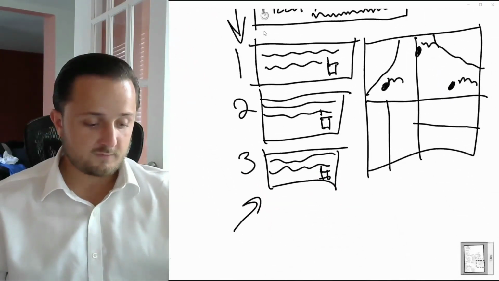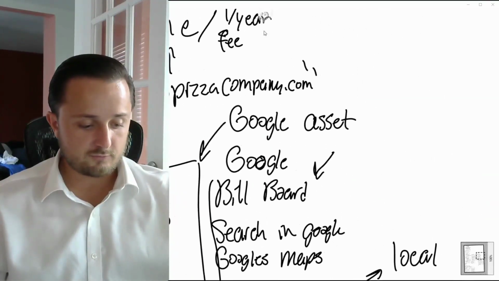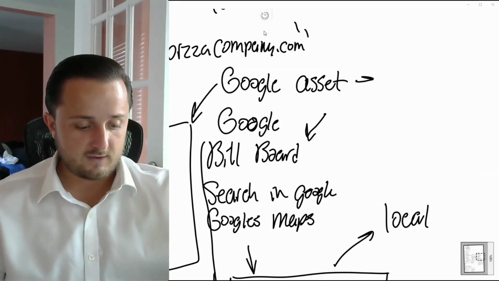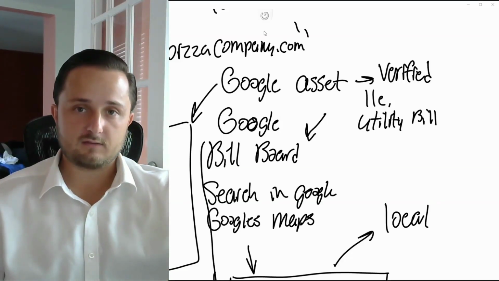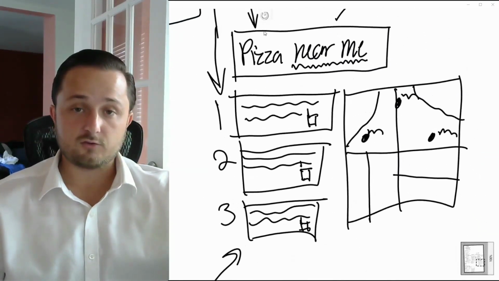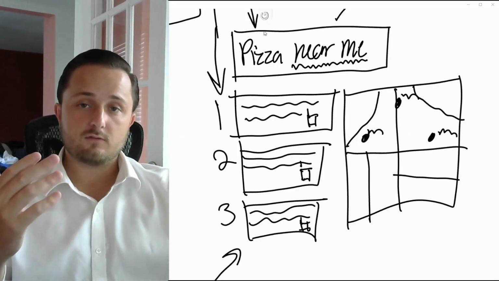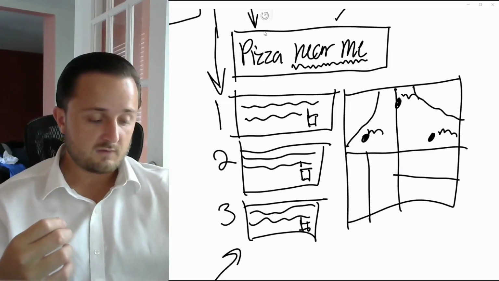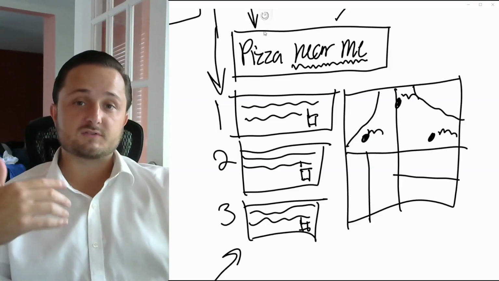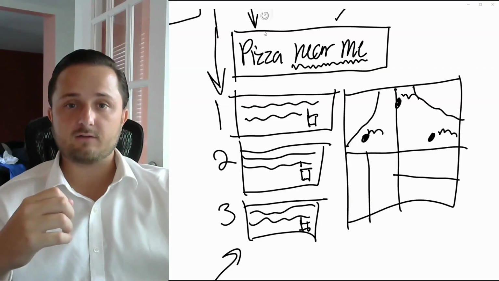So the Google Business Profile is a Google asset, right? You have to go through Google's process to get it verified. You have to show some LLC documents. You've got to show some other things. And this is all to show Google that you're a real business. Google doesn't want to hurt or to mislead searchers because Google has a reputation to manage, right? So if Google allowed a whole bunch of spammers, a whole bunch of scammers, nefarious things on their platform, then